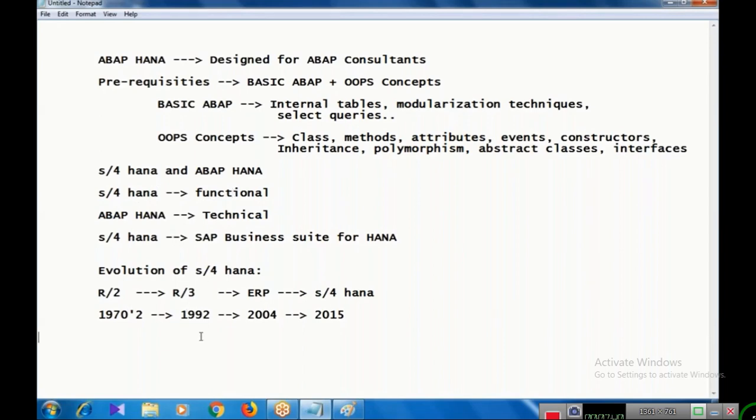So what are the features of S4 HANA? It is a fast in-memory database. What is the meaning of in-memory database? We'll understand by the end of the session. There are many features; I'm just documenting some of the important ones. Fast in-memory database means, if you take our